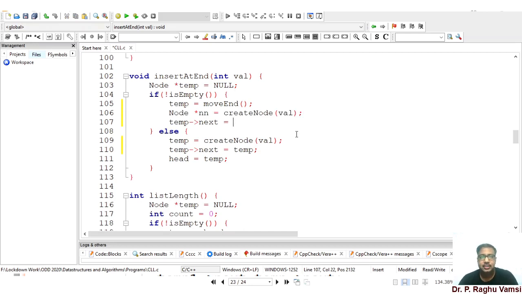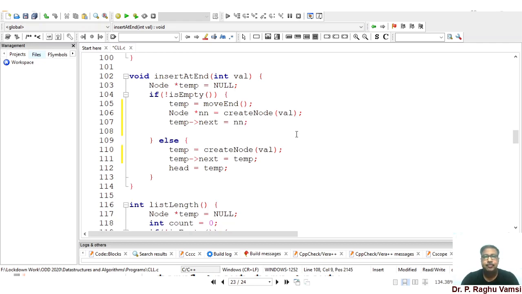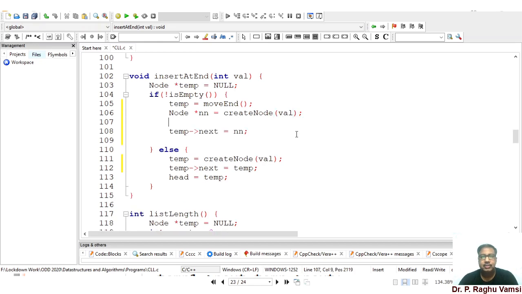Temp next, that is last node next is nn, and before this nn next, that means new node next, should point to the head node, and temp next, that is temp means the last node, so the last node next points to the nn. Then simply return. The control will be shifted to the calling function.